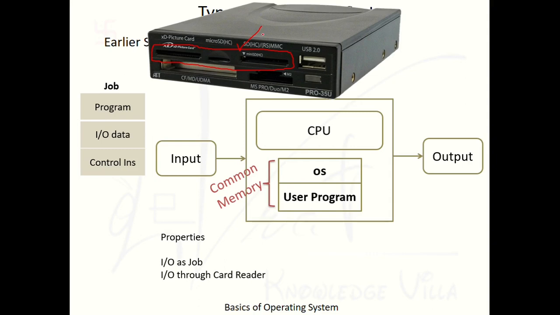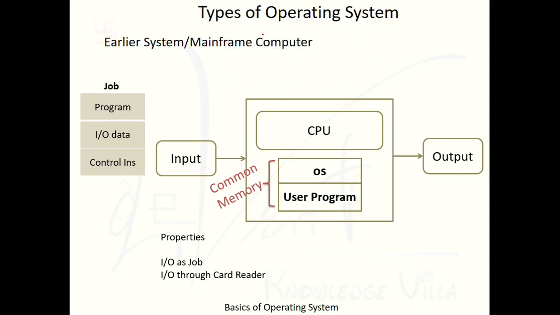Get it? Let's see the next, the third property, IO type as a punch card and magnetic tape. Let's see how a punch card looked. Here you are able to see a punch card. It has a number of holes. Whenever light passes through a hole, it carries a 1. And if light rays are not able to pass, it produces 0. So it produces input in the form of zeros and ones, binary.